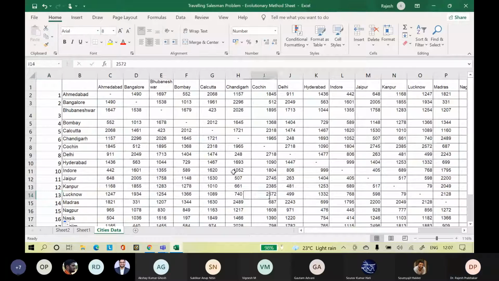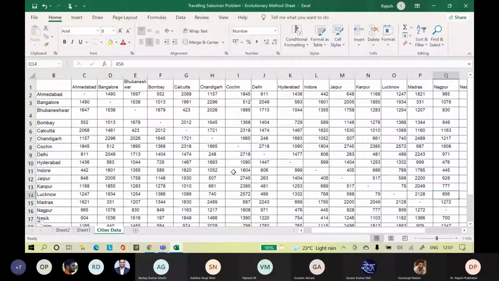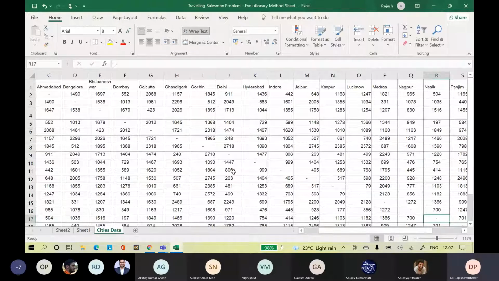Lucknow. Madras. Nagpur. Nasik to Nasik is right.